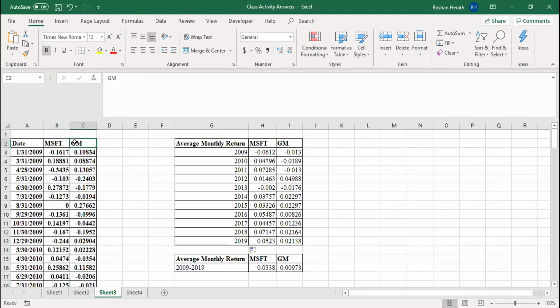Similarly, when it comes to General Motors in 2009, I selected the period as I did in the case of Microsoft. Initially I tried GM 2009, like I did in the case of MSTF 2009. Then I got a message saying that you can't apply GM 2009. It was simply because it's an existing name. If you refer to this worksheet,